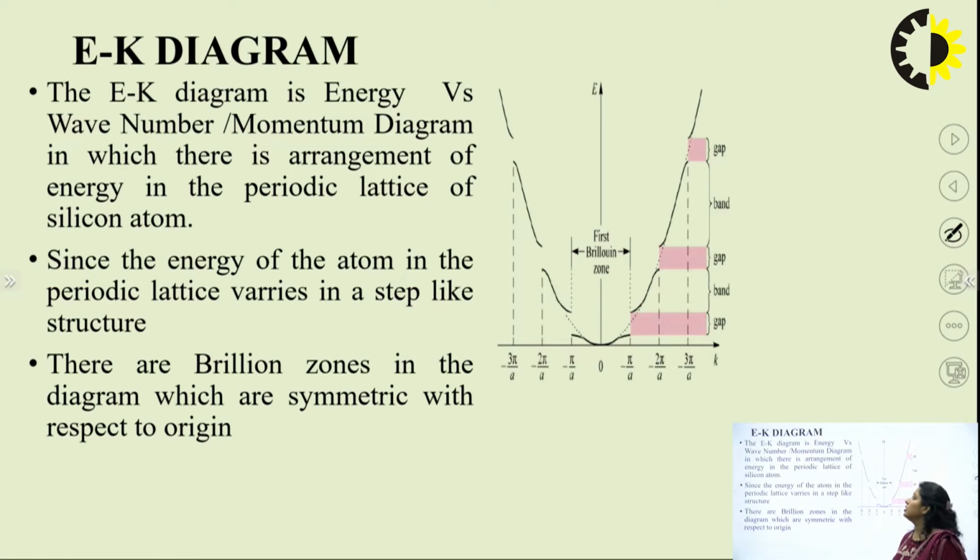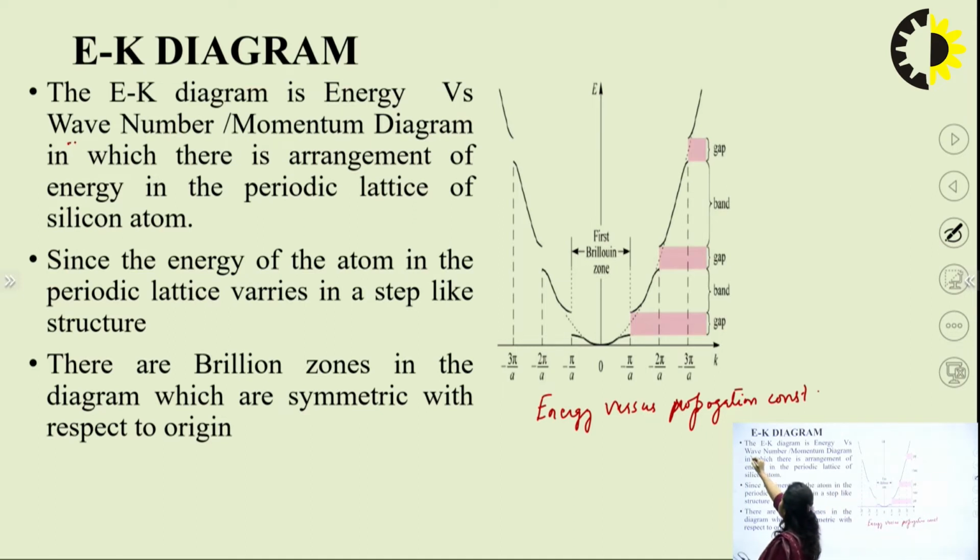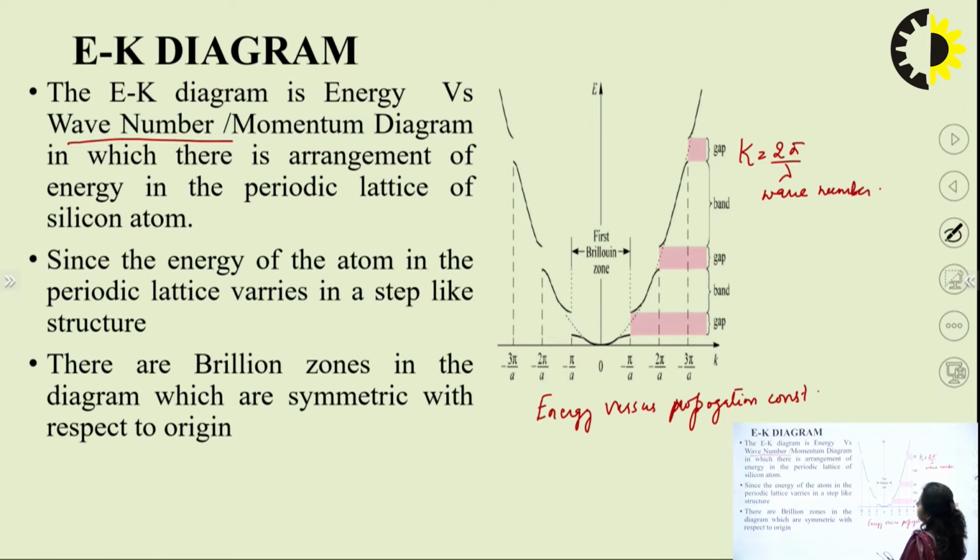So the next topic for today's lecture is the EK diagram. The EK diagram is basically energy versus propagation constant. K means propagation constant here, which is the same as wave number. We have already discussed that K, the wave number, is 2π/λ. It is also called the momentum diagram, in which there is an arrangement of energy in the periodic lattice of